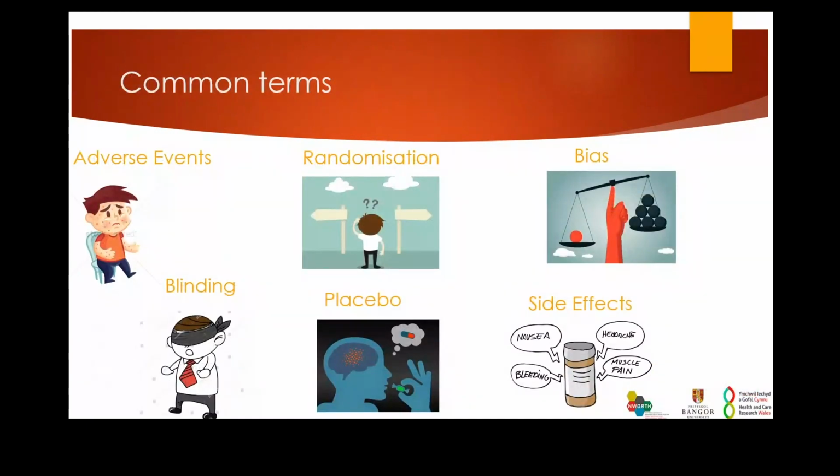There are some common terms that you might hear or see in clinical trials. So adverse events, which are undesirable effects noted during the study. So this could be attributed to the treatment, but it's not necessarily caused by the treatment. So for example, it could be a rash or a headache or dizziness, but it could also be something like getting hit by a bus or falling over and breaking your leg. Randomization, as mentioned previously, that's the process we use to allocate patients to a treatment group to ensure they're as similar as possible.